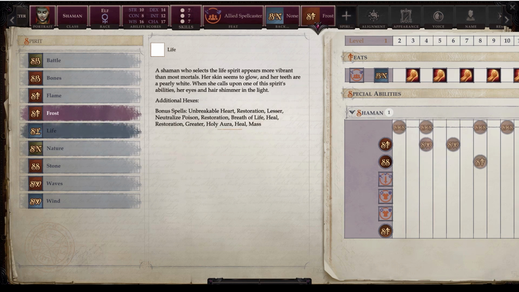Next we have the Life Spirit. A shaman who selects the Life Spirit appears more vibrant than most mortals. Her skin seems to glow and her teeth are a pearly white. When she calls upon one of the spirit's abilities, her eyes and hair shimmer in the light. Her additional hexes and bonus spells...